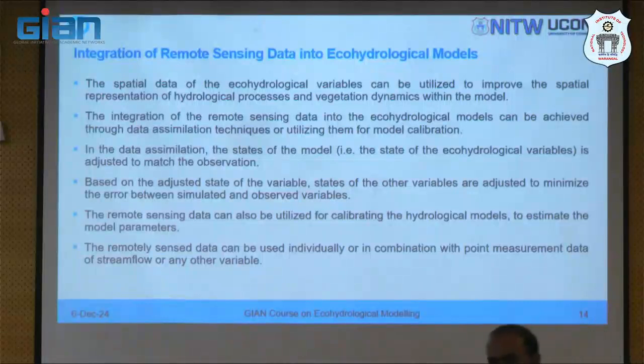You have an eco-hydrological model which is simulating all the water balance components. You have stream flow, measured stream flow. On top of that, you have a remote sensing product as well. Let's say ET, soil moisture, LAI, something. Now, how do I use this information to improve my model? One is data assimilation, and